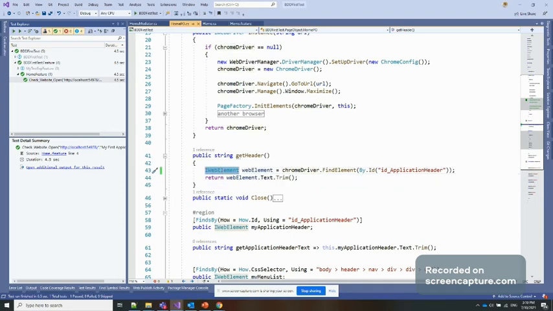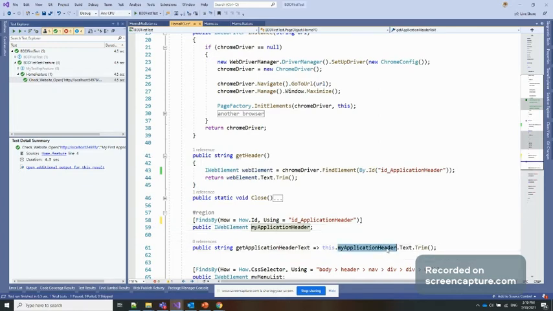The same thing I did with FindsBy How, meaning how we identify it: XPath, tag name, ID, link text, CSS selector, class name. Here I did it with the ID. The written way is a little different, but the end result is the same for both ways.